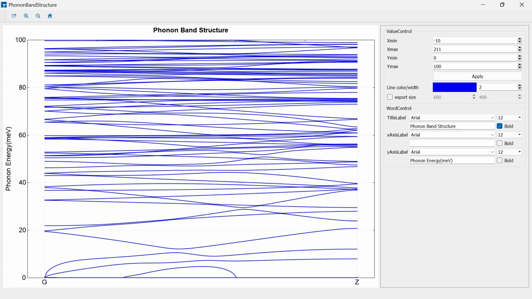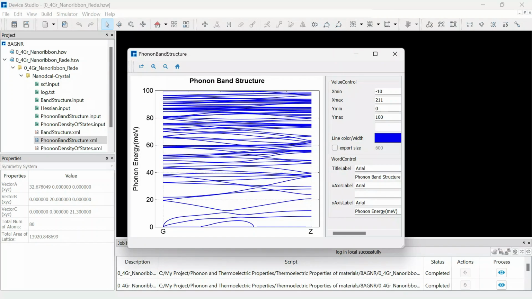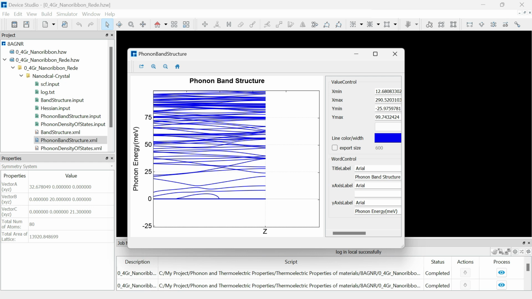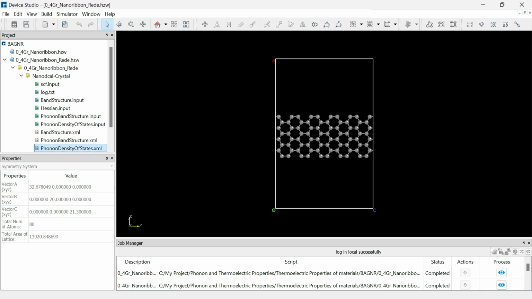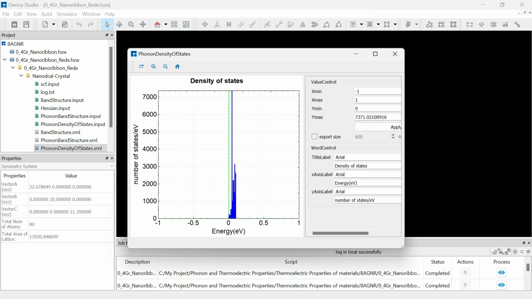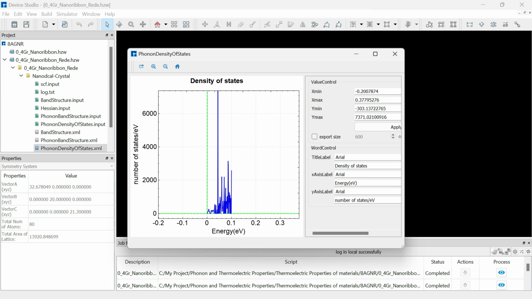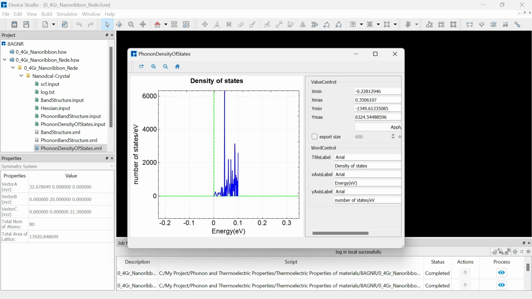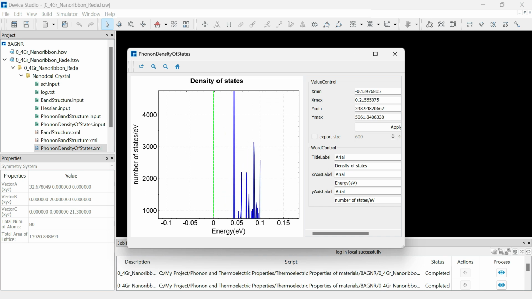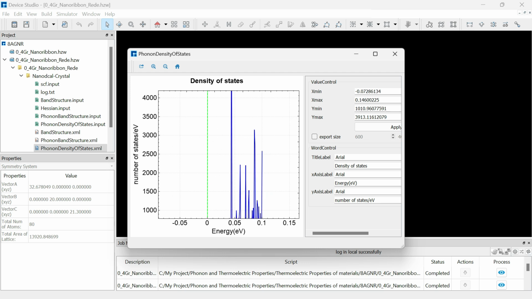Here you can also get the data from specific ranges. Okay, this is the data between the phonon energy and the Brillouin zone path, and if you want to see the phonon density of state, I will click on show view. Now this is the phonon density of state, and if you want to see data in some specific ranges, you can type the values here, and we'll zoom it, and